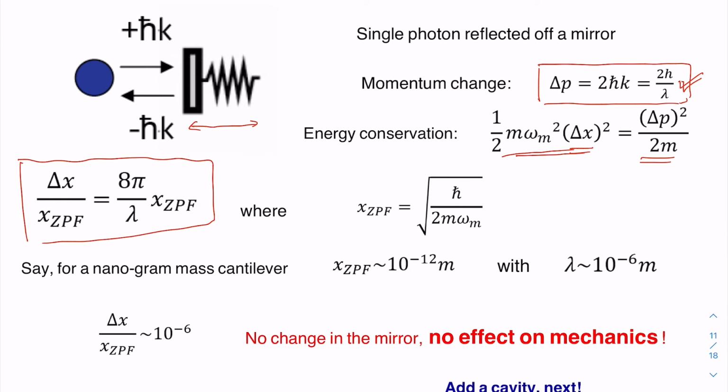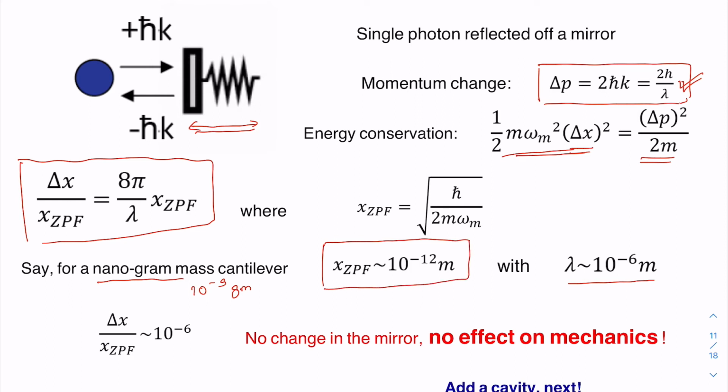Now if this mechanical mirror, this movable mirror, has mass 1 nanogram, that means 10 to the power minus 9 gram, or we can consider it as a cantilever also, this cantilever has 10 to the power minus 9 gram as its mass, and the wavelength of the radiation is say 1 micrometer, that is 10 to the power minus 6 meter, then the displacement due to the zero-point fluctuation would be on the order of 10 to the power minus 12,